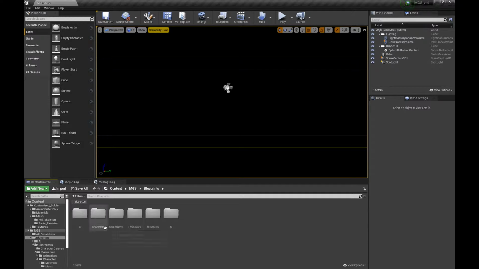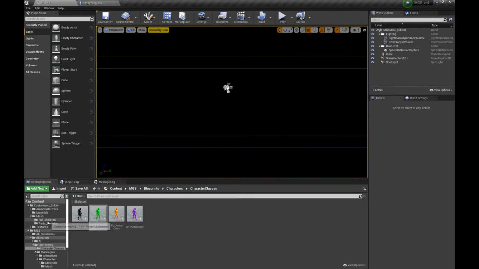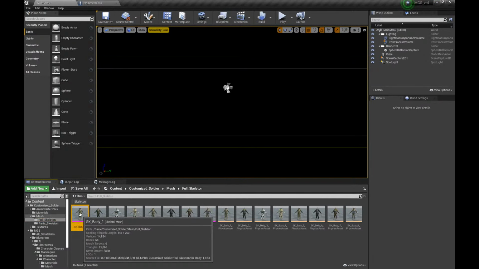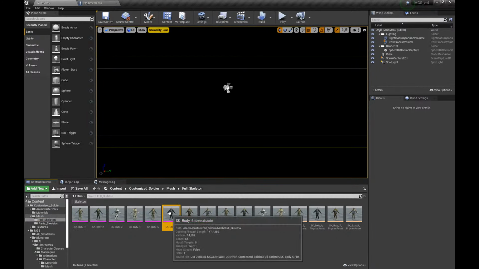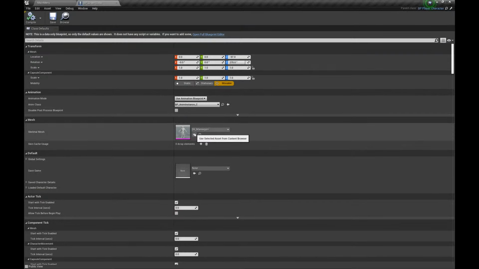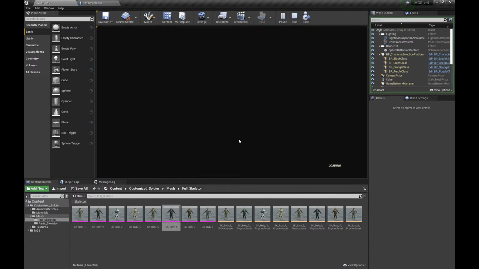Open our character and then character classes, and let's say, for example, we want to replace, I don't know, the purple, the green. You want to replace the green, so all you need to do is go to your mesh. Let's say, for example, this one is a green. Let's take this, it is green. Replace it, compile, save, and you are set. So now if we play,